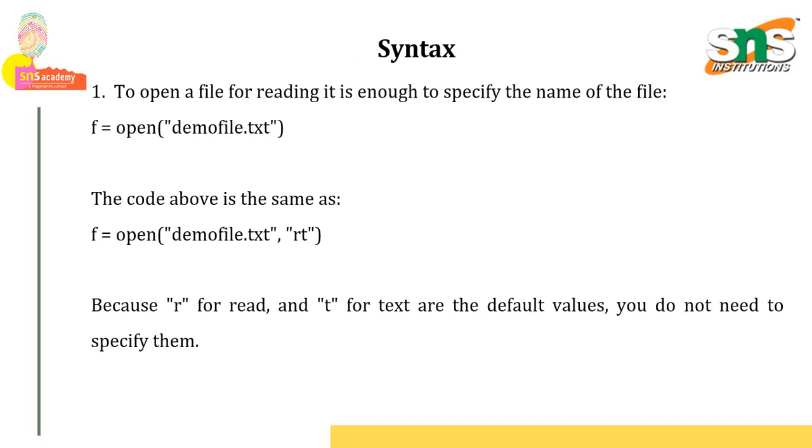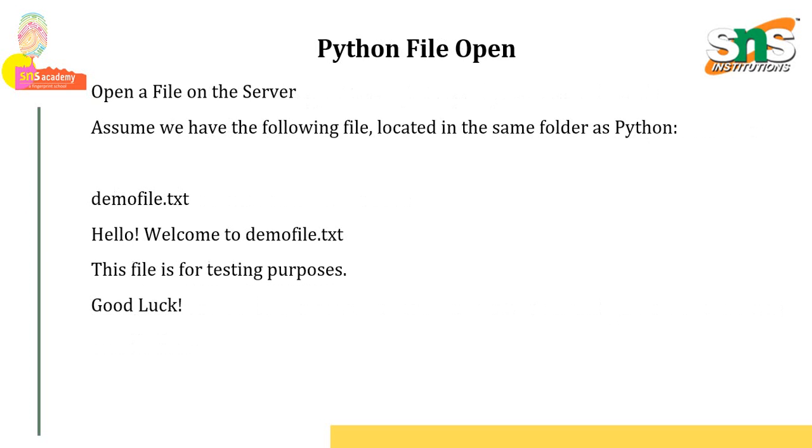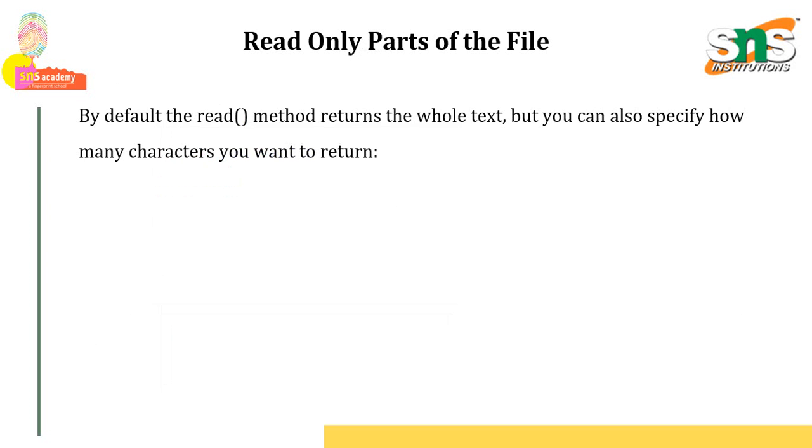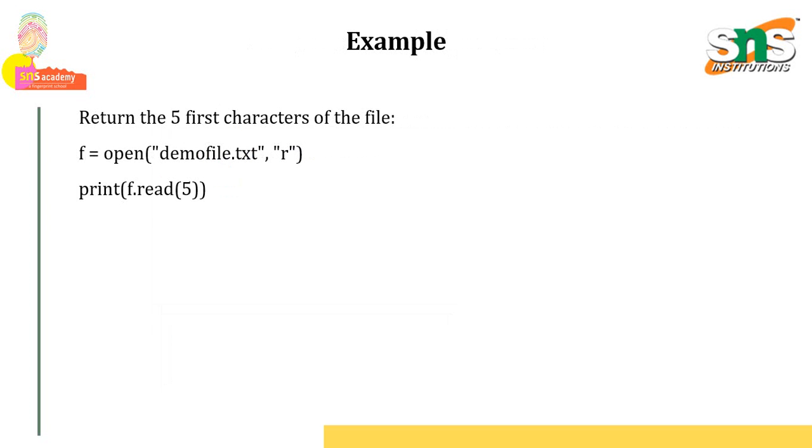And we have seen how to create a file, how to create a text file, how to create a Python file, how to give the path of the text file in the Python file and just run the file. If you want to read the entire content of the file, you can use the read method. Or else if you want to read only a particular partial content, you can use read followed by the value, right?